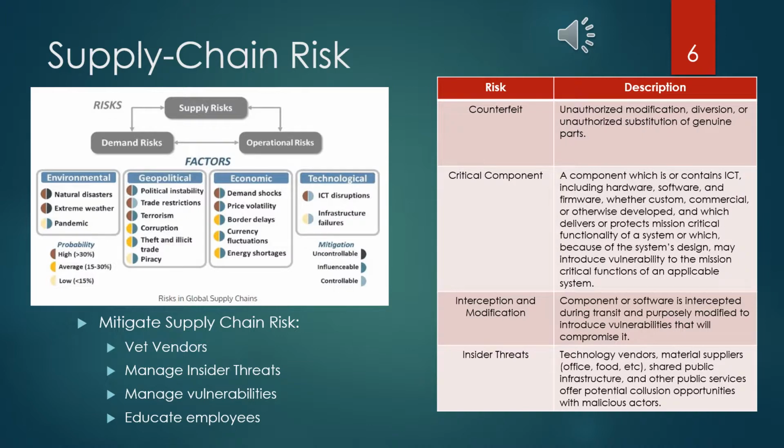Geopolitical factors tend to have a high probability, mostly conflicts and trade restrictions, but supply chain actors have a level of influence on the outcome. The most significant economic factors relate to demand shocks often associated with sudden political or economic changes. Price volatility is also a concern since it has an important impact on input costs.